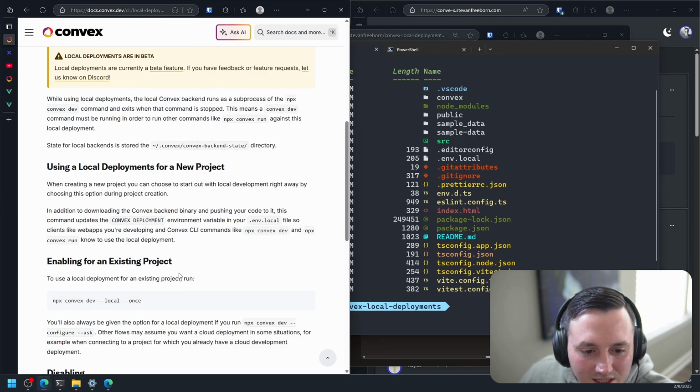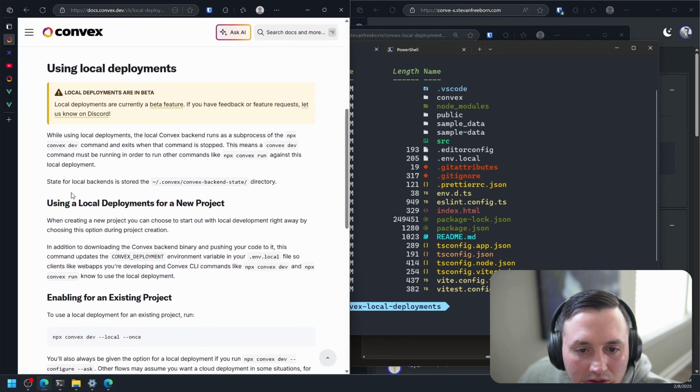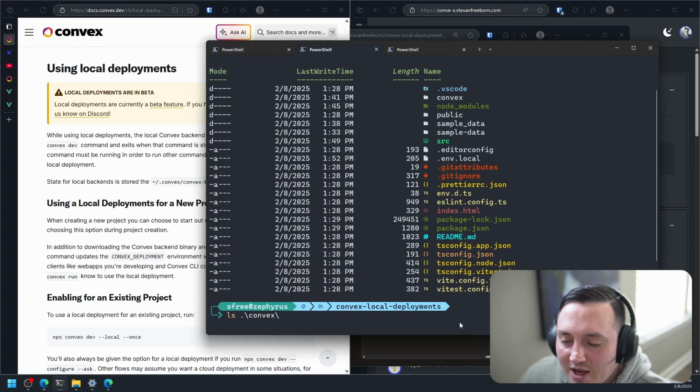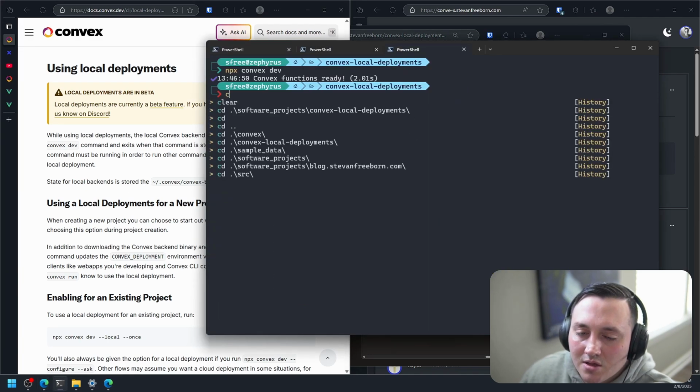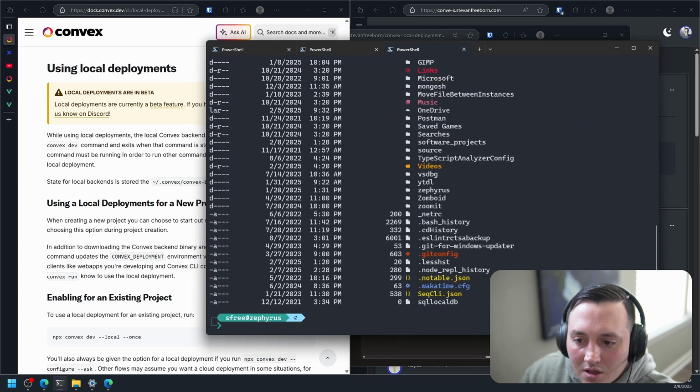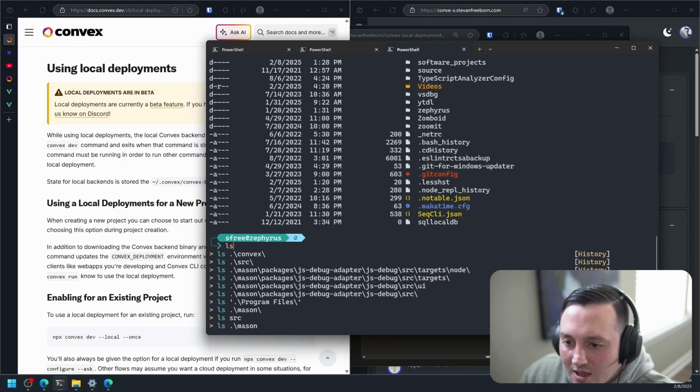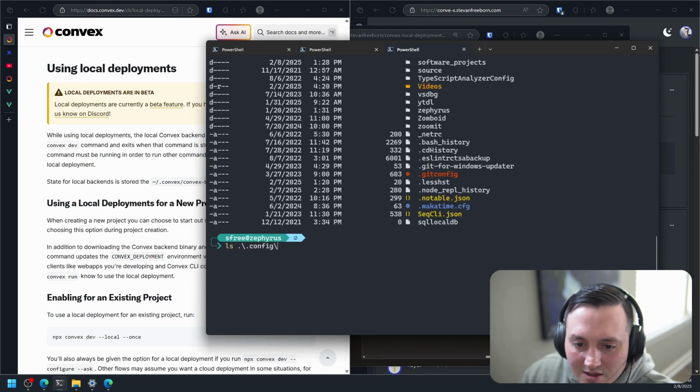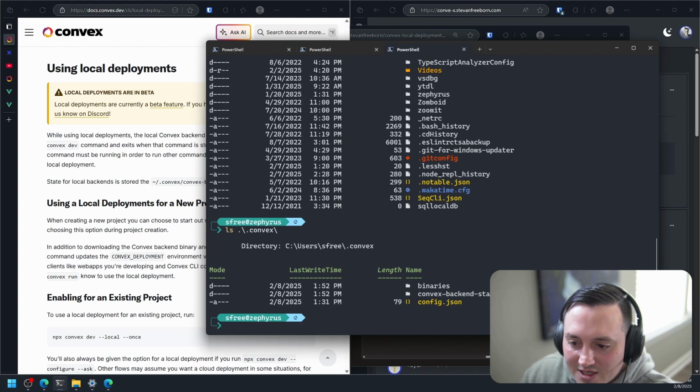Because it said, didn't they say it? Oh, it's in my home directory. Let's see. Is it ls .convex? Yeah, so there's a .convex now in my home directory.